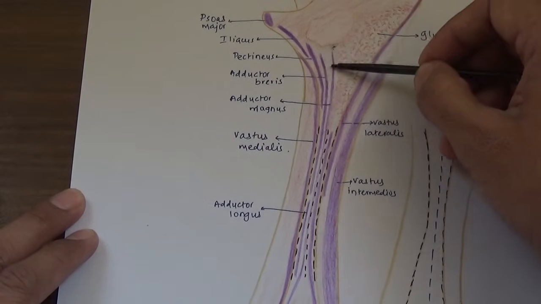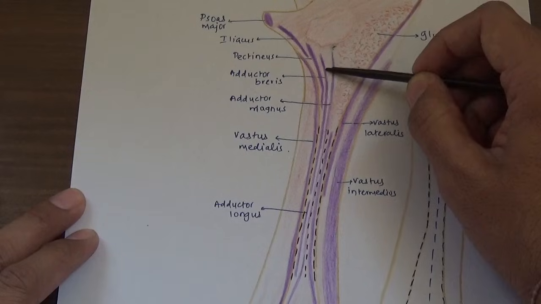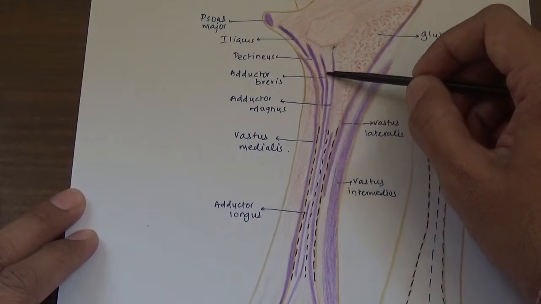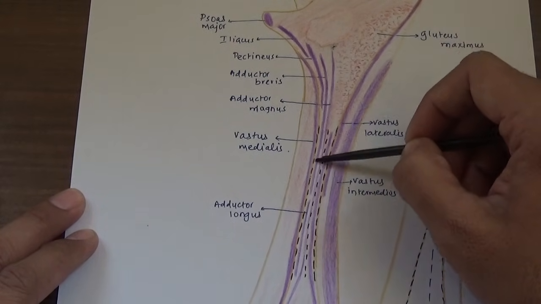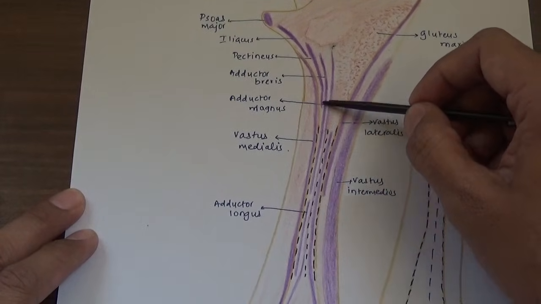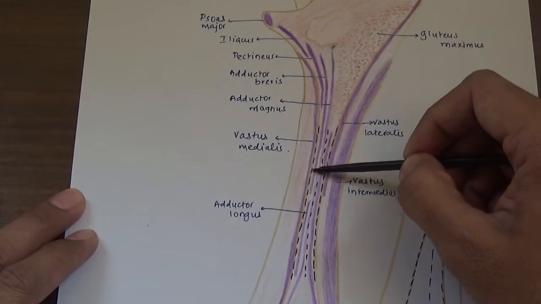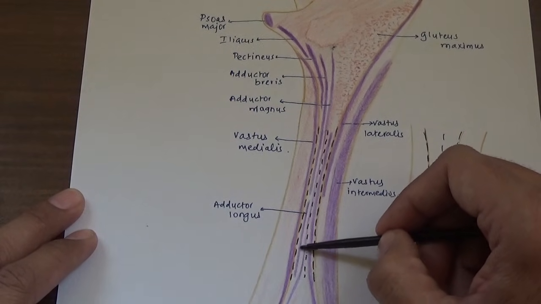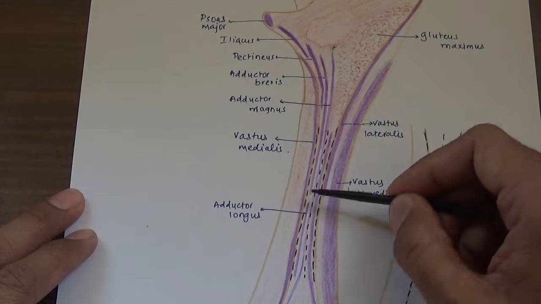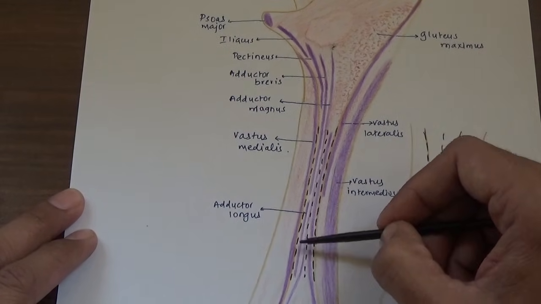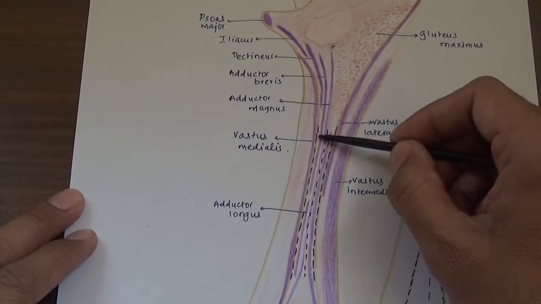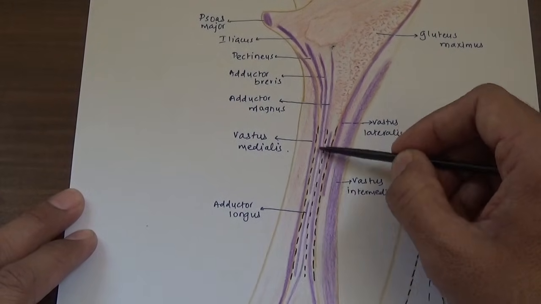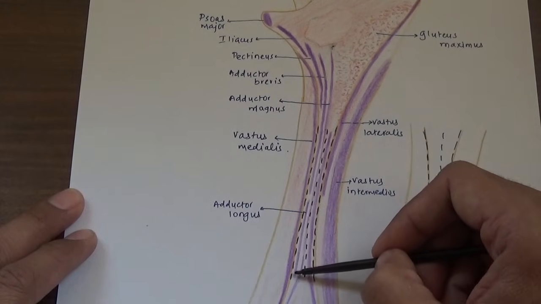Next to it, deep to the pectineus, there will be attachment of adductor brevis again in a linear pattern. So it extends up to the upper part of the linea aspera. You can see over here deep to the pectineus, and beyond, deep to the medial intermuscular septum, in the lower half of the linea aspera there is attachment of adductor longus. So adductor brevis and adductor longus remain in line with each other. In the upper half there will be attachment of adductor brevis, and in the lower half of the linea aspera there will be attachment of adductor longus.